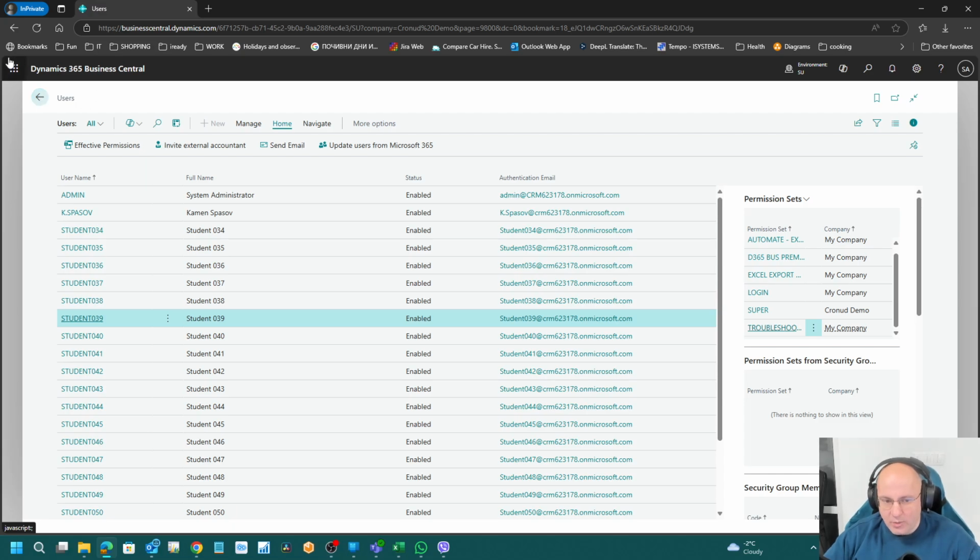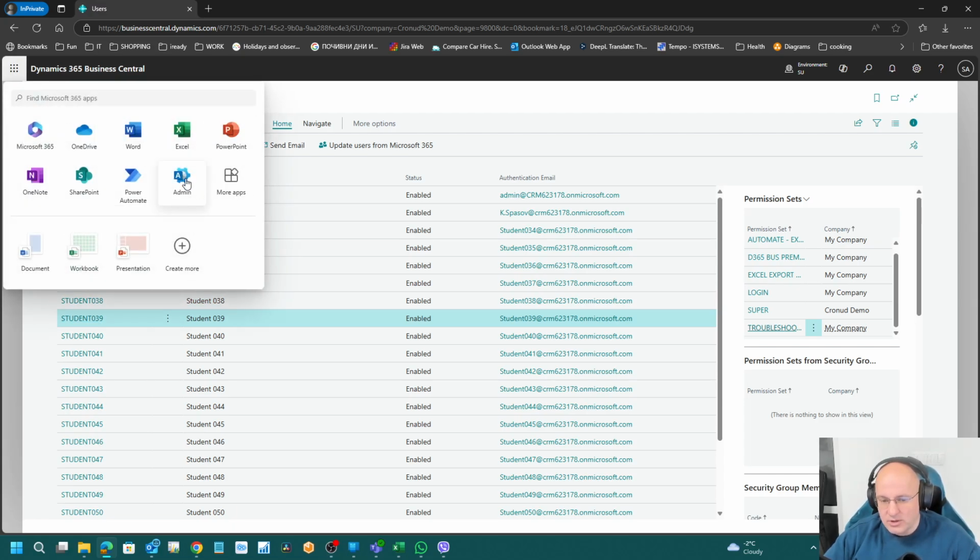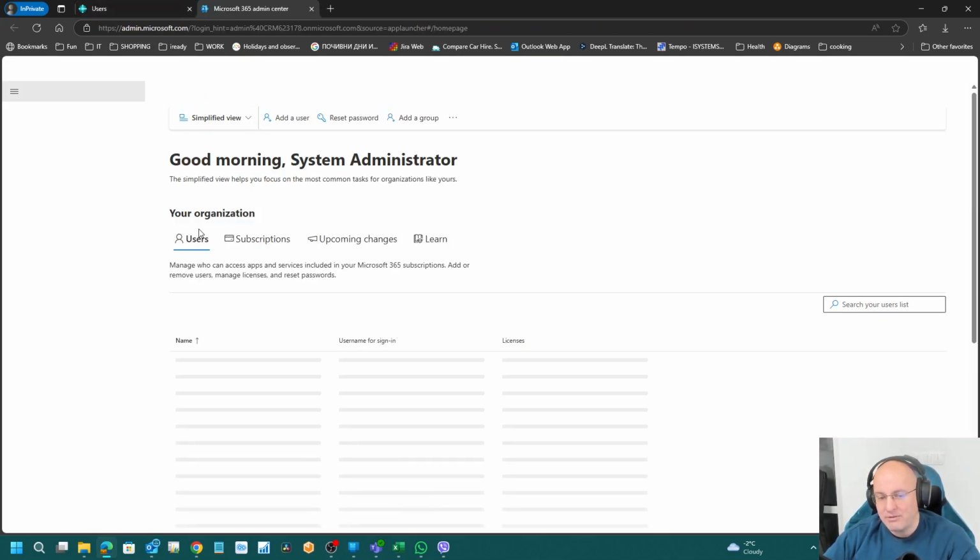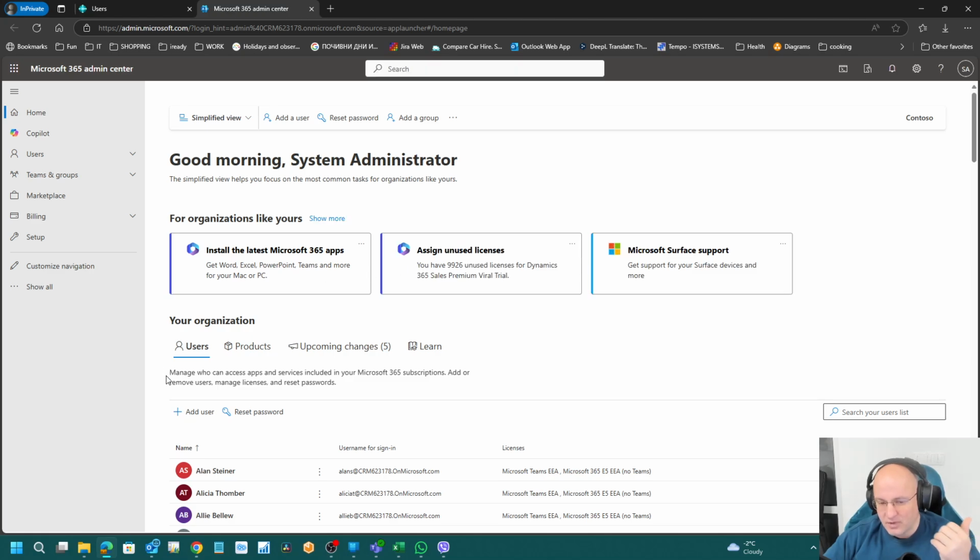Just to do a quick recap, you need to create users in the admin center, or you need to have created a trust relationship with another tenant, like a partner, to allow other users to log in to Business Central by giving them special roles. And users that are created in your tenant need to have a license. Users that are external don't need a license, but they need to have one of those admin level permissions groups